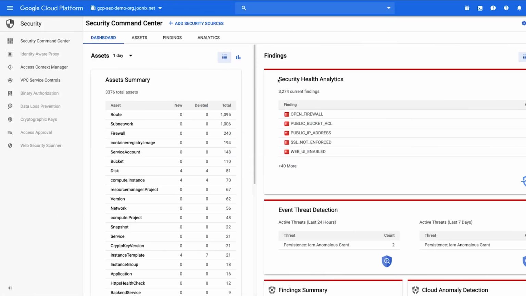Security Health Analytics is a native scanner in Cloud Security Command Center. It assesses the overall security state and activity of your virtual machines, containers, network, storage, and identity and access management policies. You can see a list of common vulnerabilities such as public storage buckets, open firewall ports, stale encryption keys,